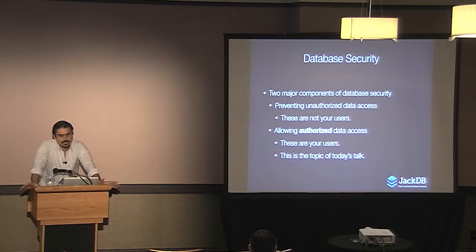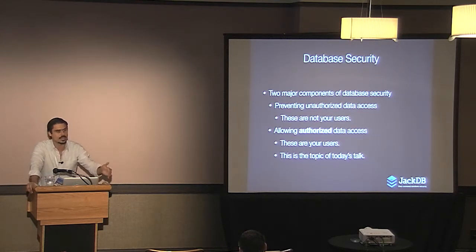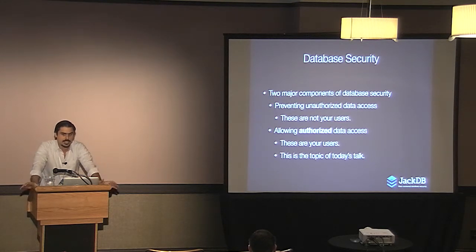When you're thinking about database security, it's kind of split into two parts. On the one side, you have blocking off access to your system. Right before this talk, actually, we were talking about the pg_hba.conf. It's one way of firewalling off your system. Half of that is just blocking people you don't want to access. The other half is allowing access for the people you do want to get in. The majority of this talk is actually going to be about people who you want to have access to your system.